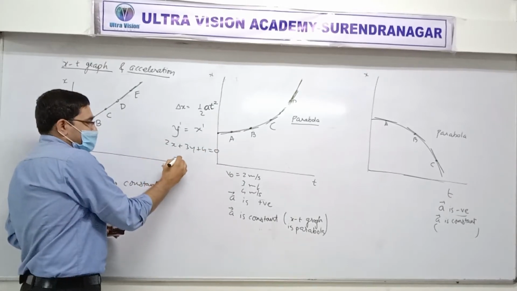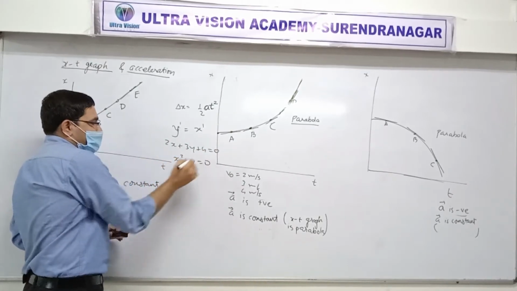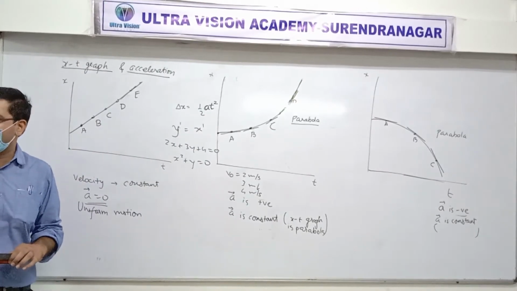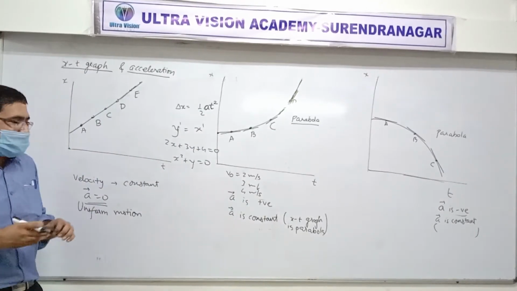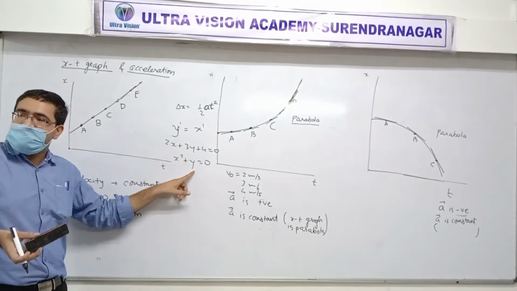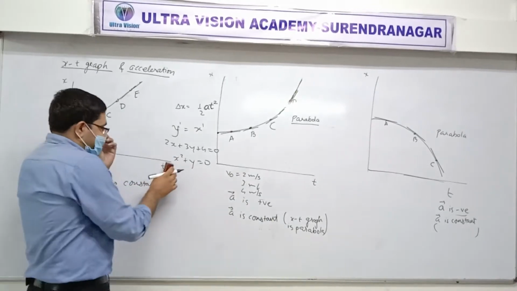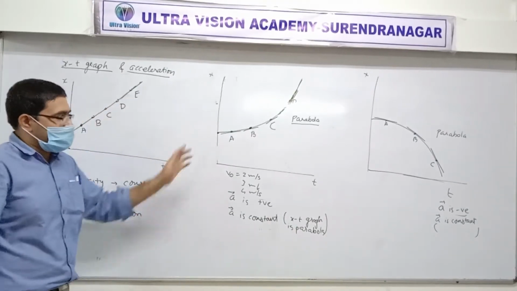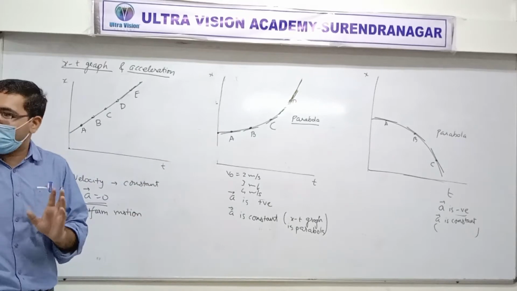But instead of this, if it is x square plus y equal to 0, then this is a parabola. This equation's graph will be a parabola. One has a square and the other has none, like that. If both have squares, then it's another shape. So like that, this kind of equation gives us a parabola.